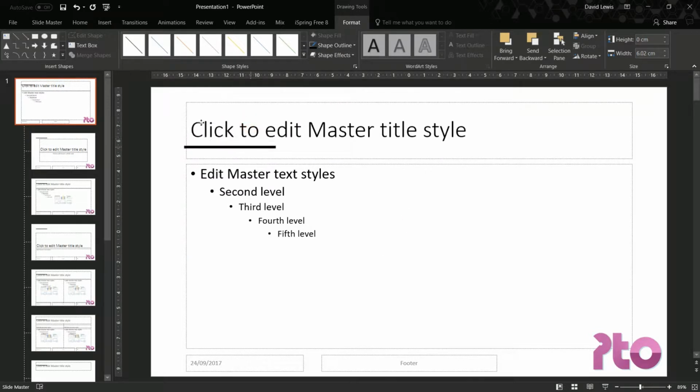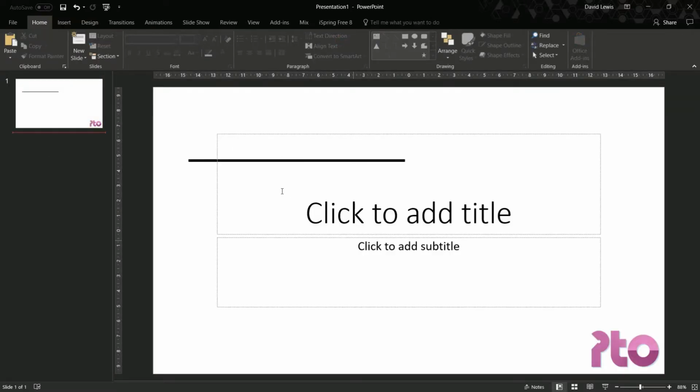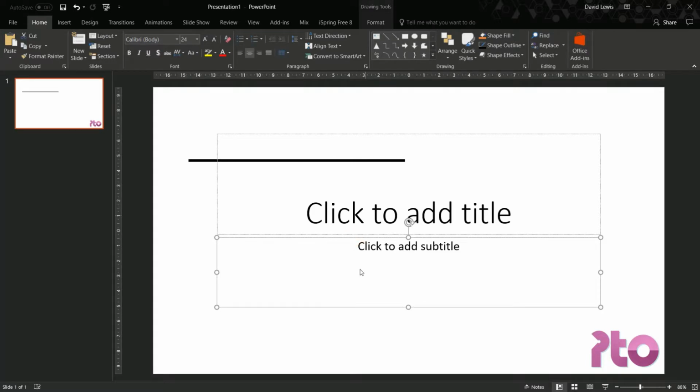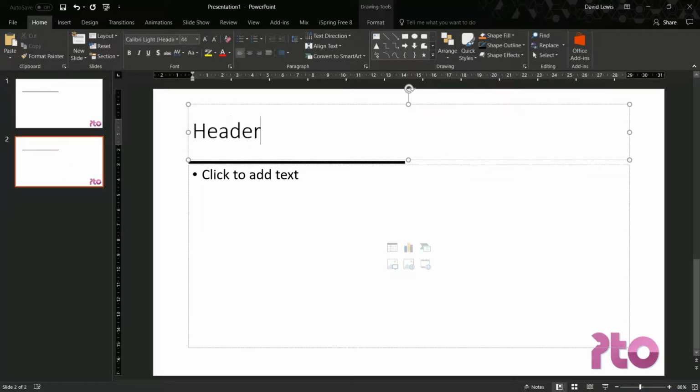I can now insert, so I can type my header in there. Okay, so if I close master view, I'll now see that I've got my logo down the bottom right corner, and I've also got a line for my header. So if I click in here, just header test,